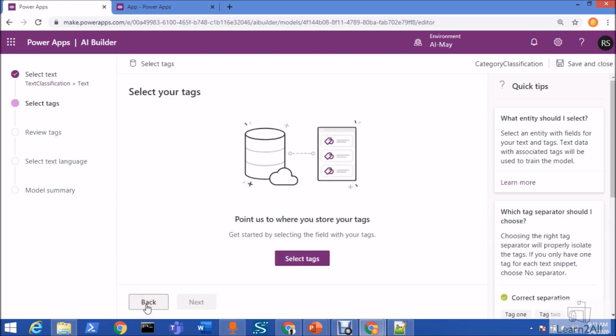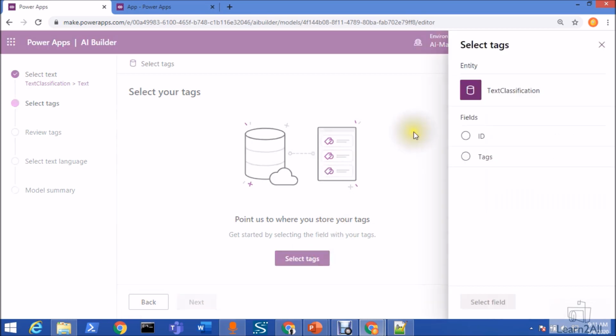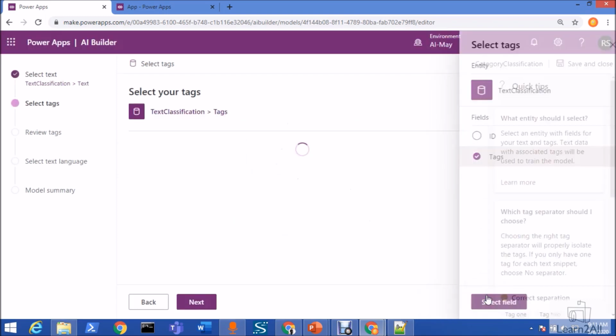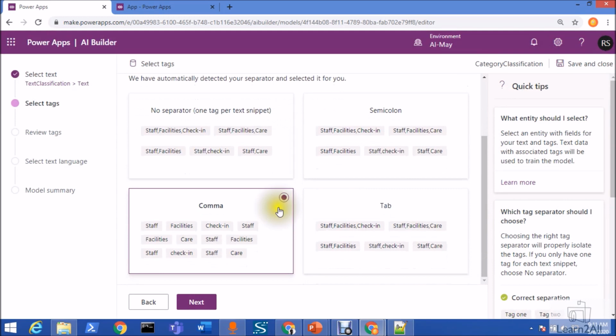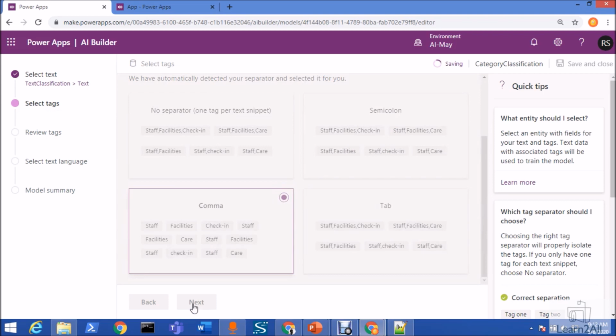It will ask you to select the tags. So from here you need to select the tags which you have identified. So I am selecting the tags field from here. You can see that it detected all the text from our entire CSV file. So currently we can have this many comma separated tags over here. Click on next.